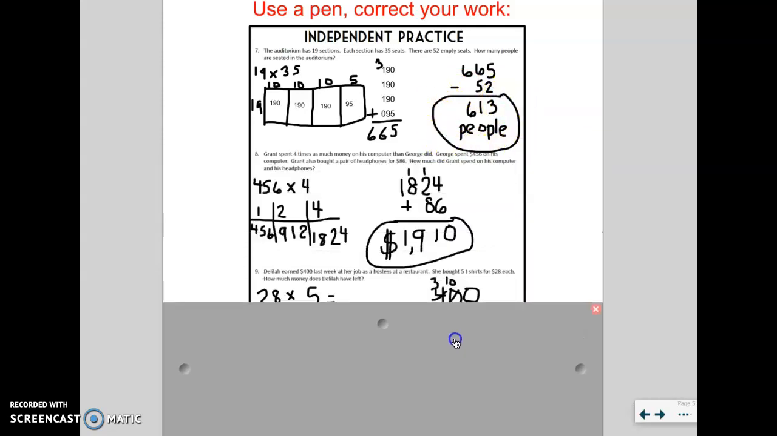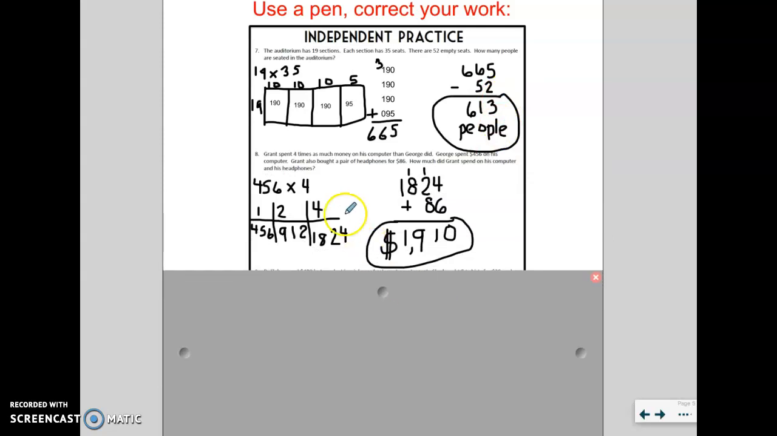If I look at number 8. So Grant spent 4 times as much money as George did, and George spent 456. So I need to know what 4 times the amount is. So I decided to use a ratio table for this, and I know that 1 times 456 is 456. And then I doubled it, so 2 was 912, and then I doubled that to figure out what 4 times it was, and that was